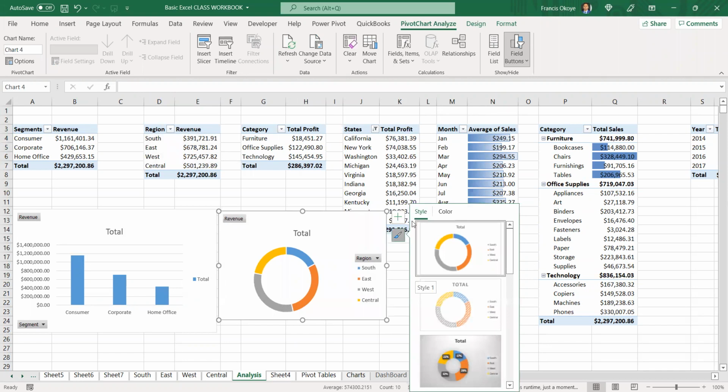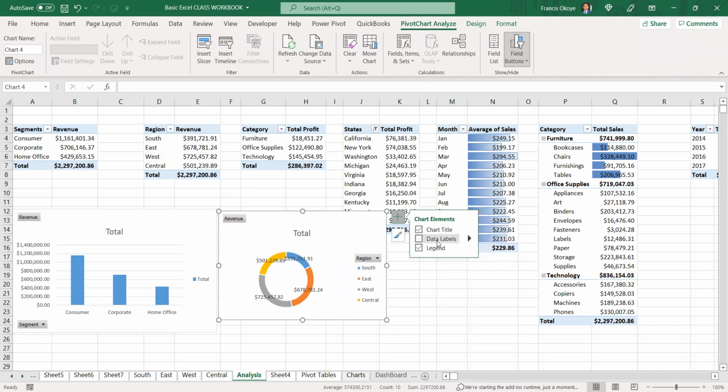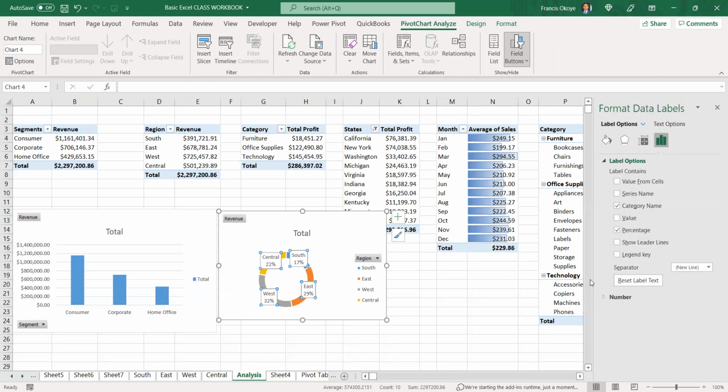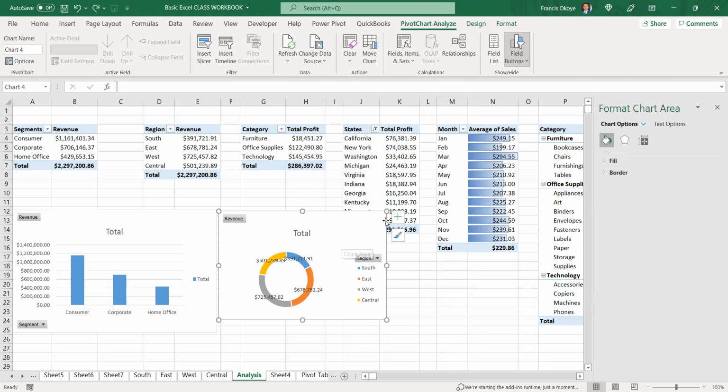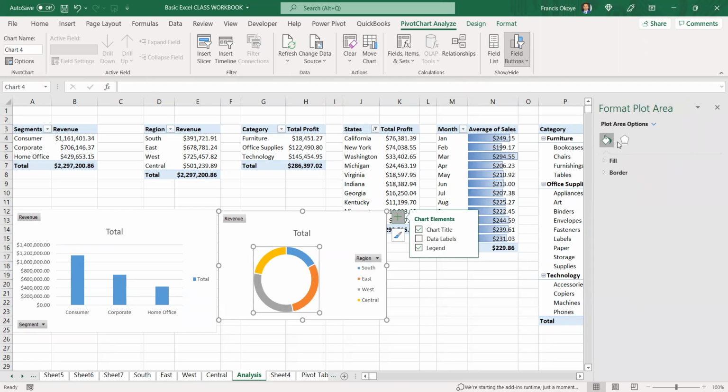If you're not satisfied with the charts, you can come. I want the data labels there. But if it's too large, call out more options. Okay, so you can edit the chart as much as you want. But in case you don't want them, just come here, data labels off. Then another thing again you can do,